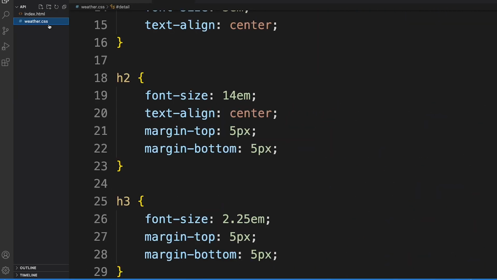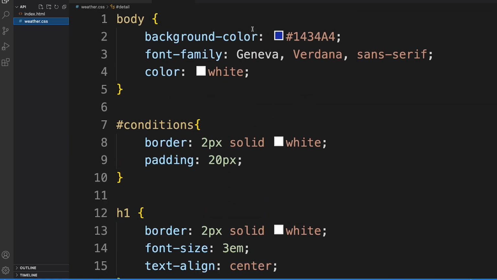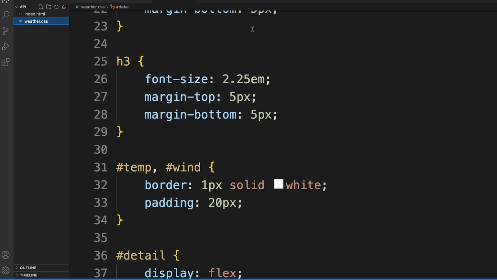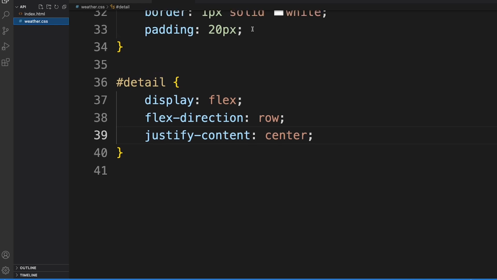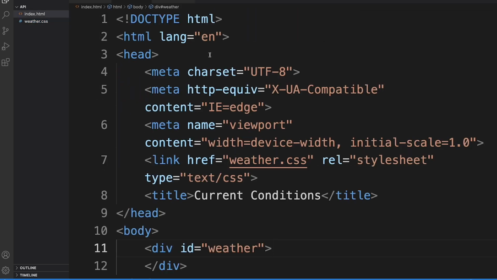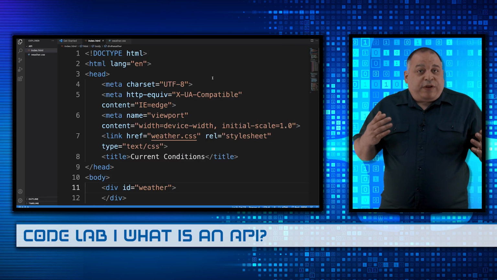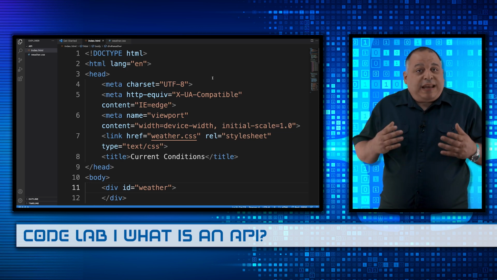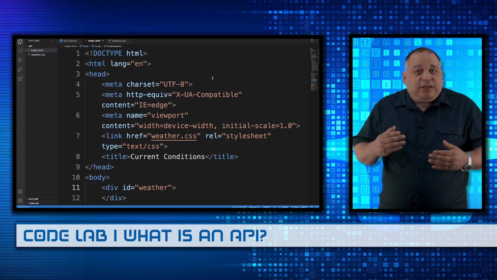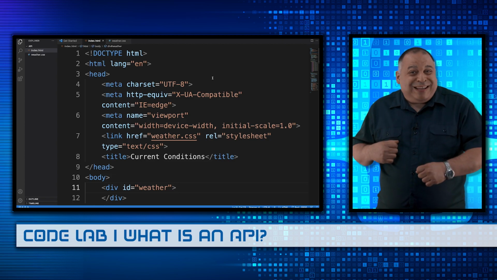The styling came from weather.css. Just about 6 or 7 styles here made all this happen and made it display the way that you see. Let's start with the HTML, which is relatively simple. Of course, the first part of our HTML is the head of our document, and this contains meta information about the document itself, and also connections to other libraries that we may be using, like our CSS.